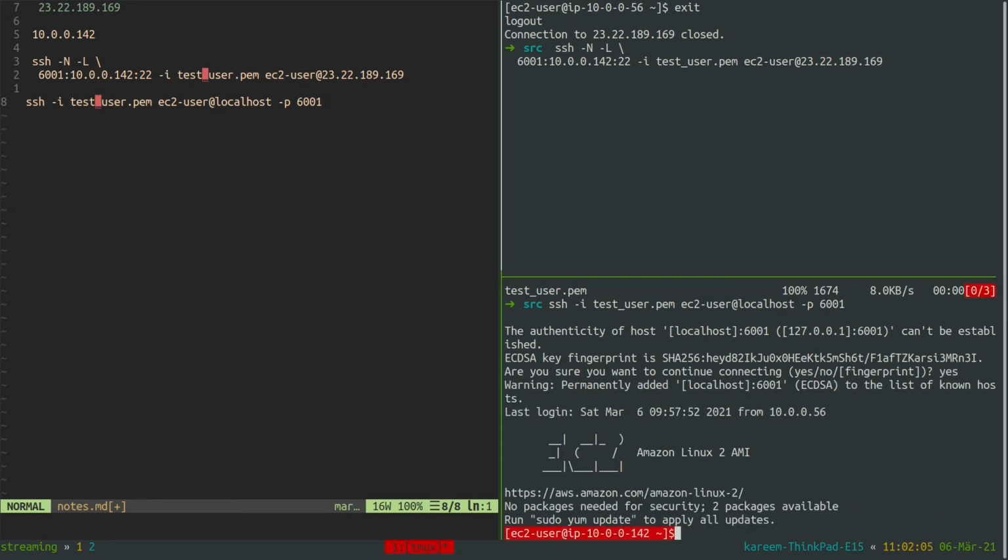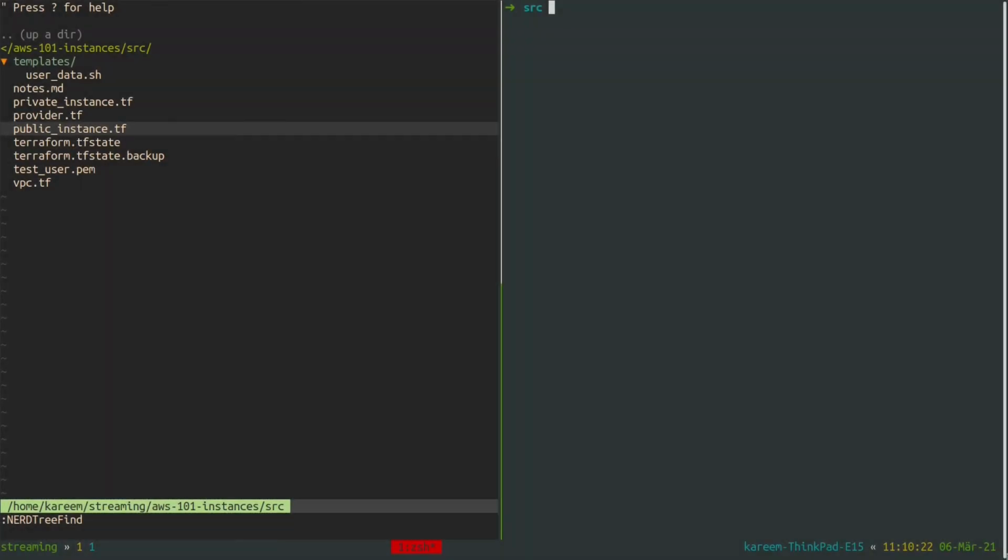So right now I am on my private EC2 instance. Now I have my VPC, my public subnet, my private subnet, and I have only one public instance running and one private instance running. So right now I'm going to modify the user data so that we make a request to the next web server online.